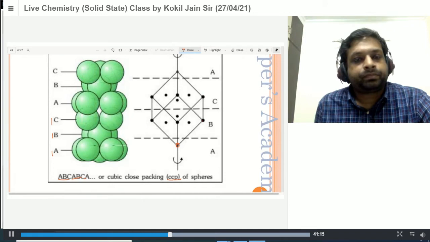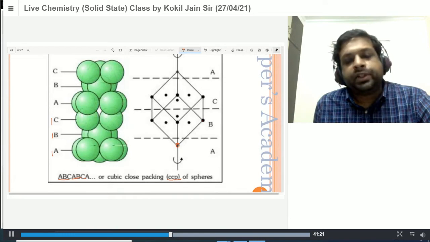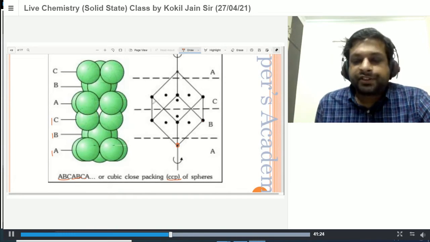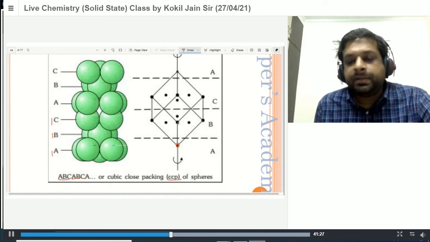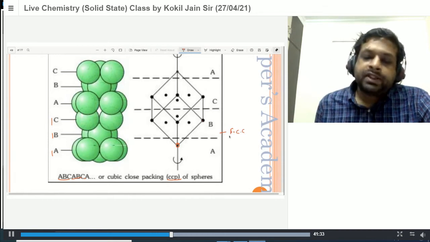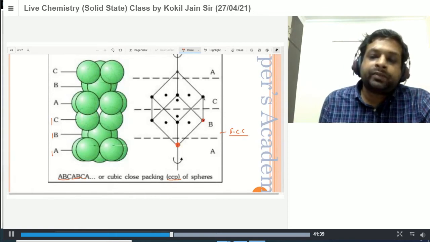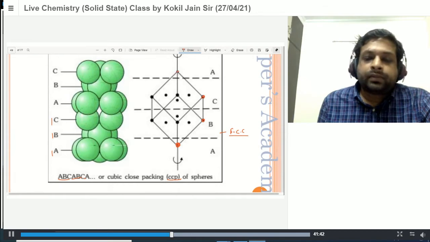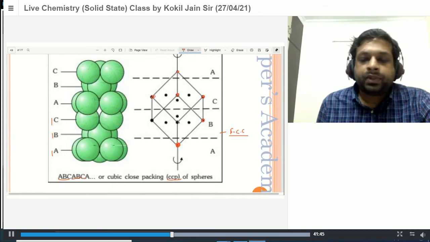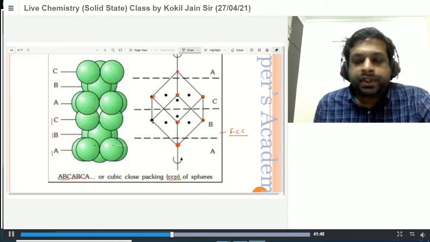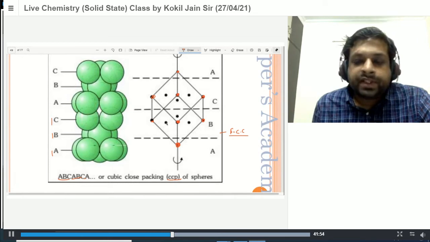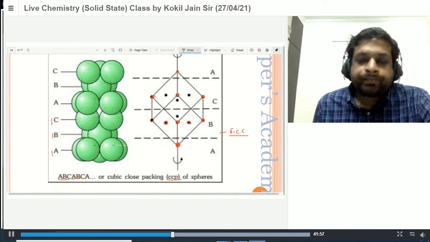Now when we see this arrangement through different angles, in this cubic close packing, the first layer, the packing of these spheres, is similar to the lattice we saw in the case of FCC. The second layer is at the bottom, these are the corner atoms, on the right side of this B layer. This is the B layer here. The third layer, again this C here, same layer. We are putting another sphere in exactly the same position as the first layer.